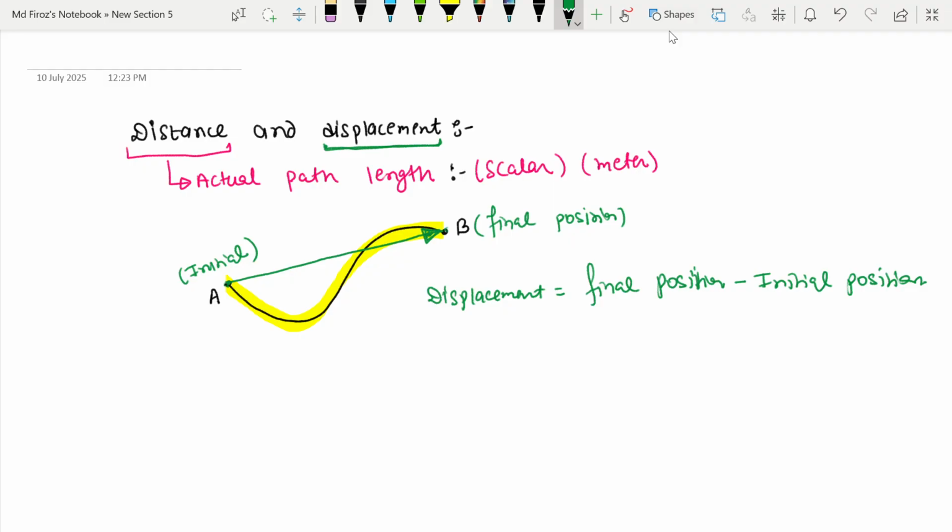This is not the actual path. This is displacement. It is hypothetical, as you will not actually go from point A to B in a straight line in green color. You will have to choose the path, this yellow line. The shortest distance from point A to point B is displacement, and displacement is a vector quantity. Always remember, because it has both magnitude and